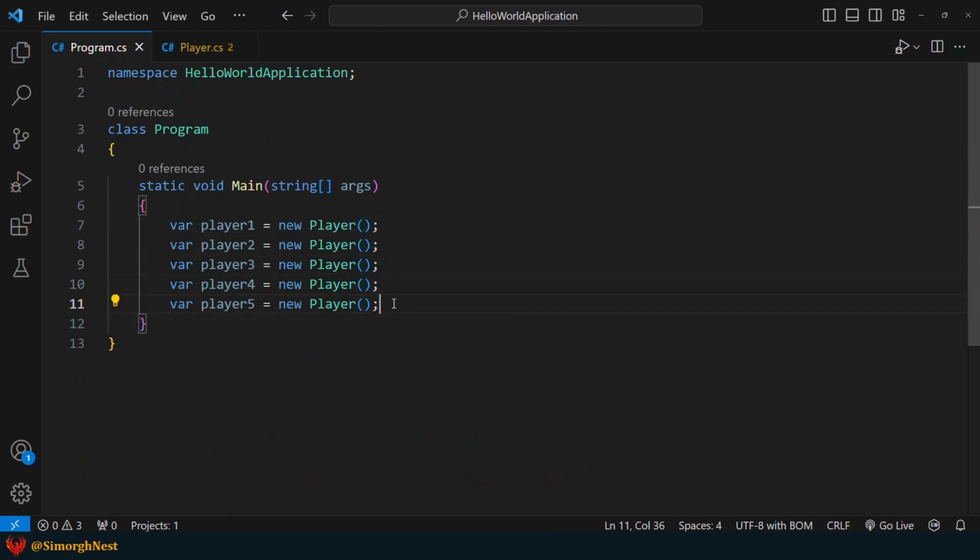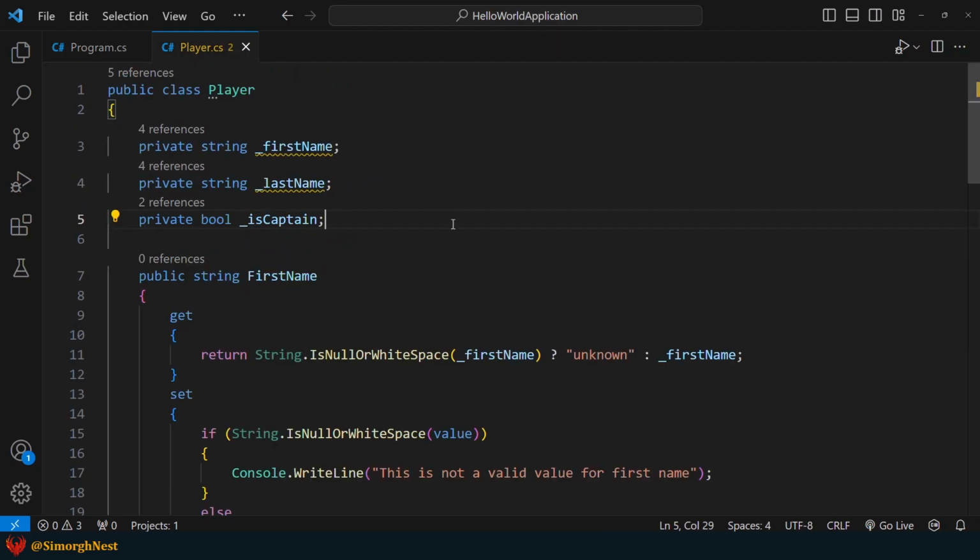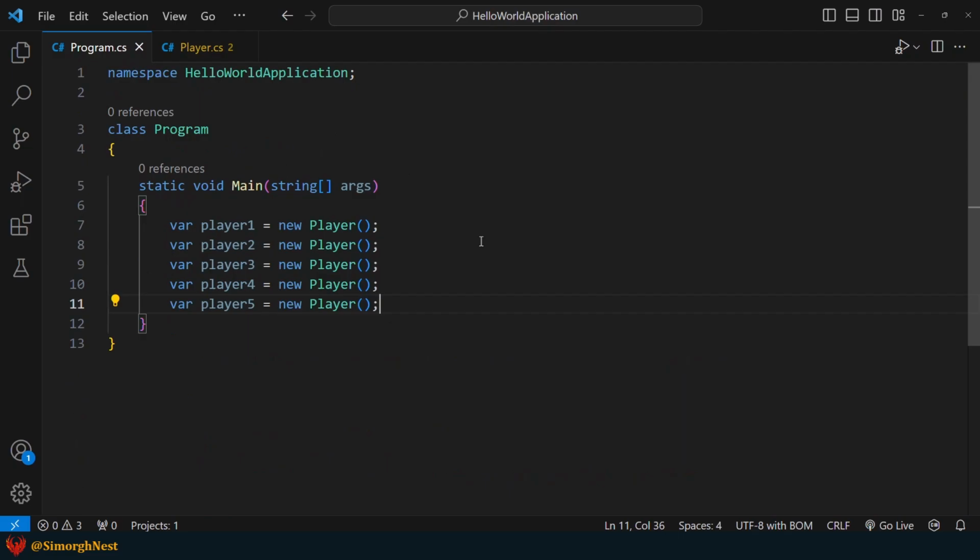Okay, let's discuss how we can set the desired value for the isCaptain property. As we mentioned earlier, for all players except one, the value of the isCaptain property is false. So, we can initially assign a default value of false to the isCaptain property, and then change the value of isCaptain for one specific player. However, since the default value of boolean types in C# is already false, there is no need to explicitly assign it. Now let's focus on setting the isCaptain value for a specific player, for instance, player 1.